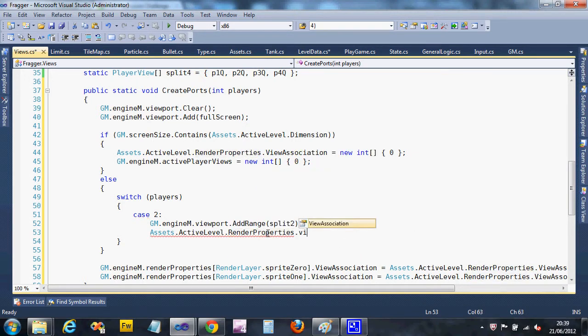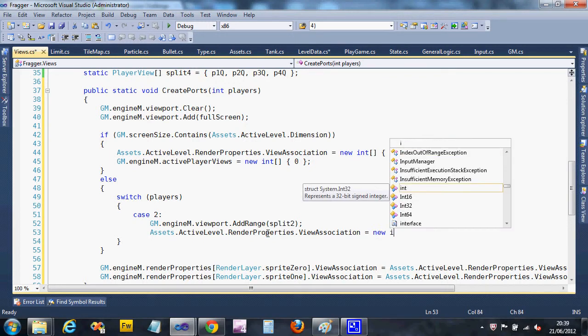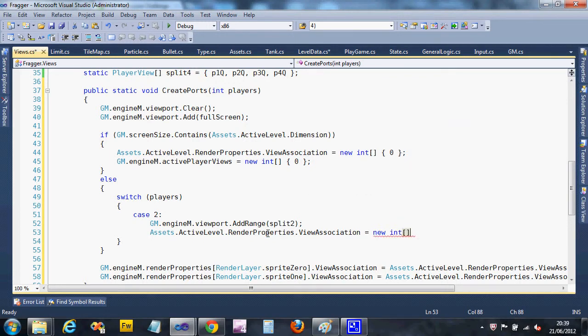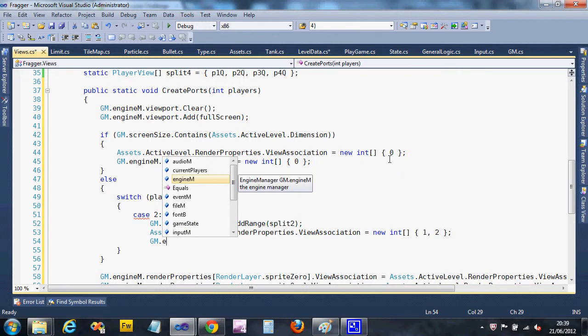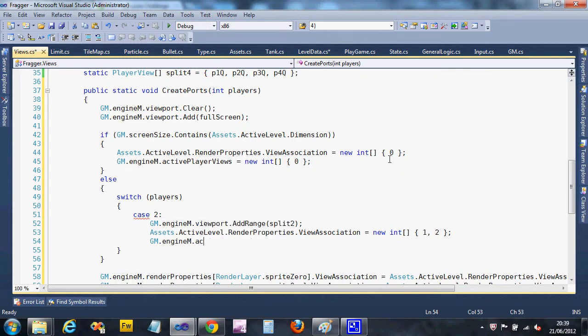So we want to say view association equals, now this time we don't want to render it to viewport 0 because that's the full screen. We don't want to show it full screen, we want to show it in these viewports. So we want to show it in viewports 1 and 2, the ones that the players are in. Okay. We then need to tell the engine manager what are the active player views, and these are